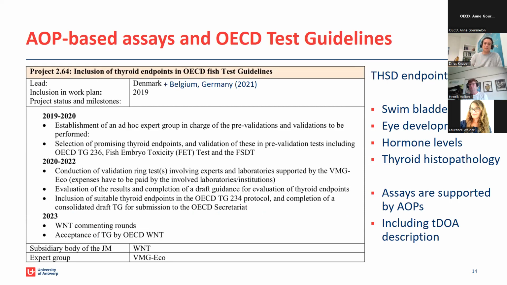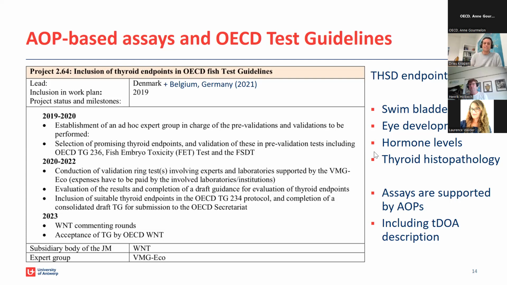So, for example, we are considering adding the measurement of swim bladder inflation, eye development, hormone levels, etc., to existing fish test guidelines. And importantly, these assays and measurements will be supported by AOPs, including the description of the taxonomic domain of applicability of these AOPs, meaning that eventually we hope that these fish test guidelines will not only serve the purpose